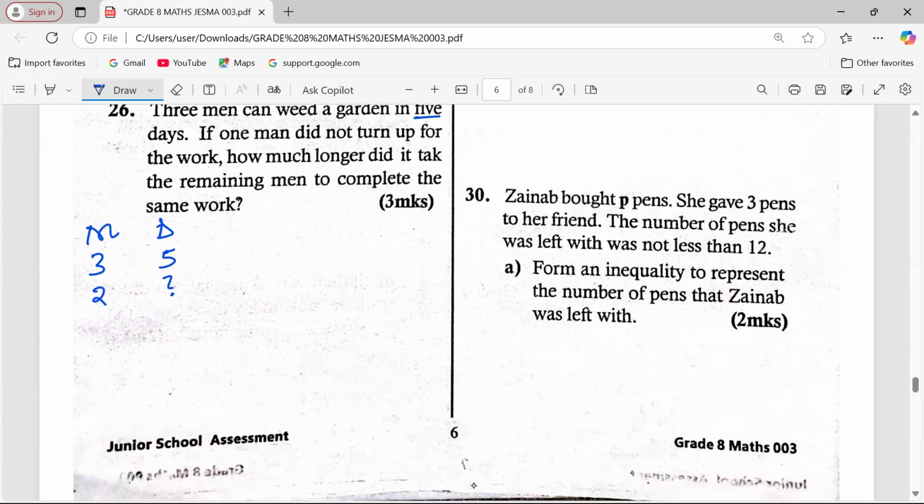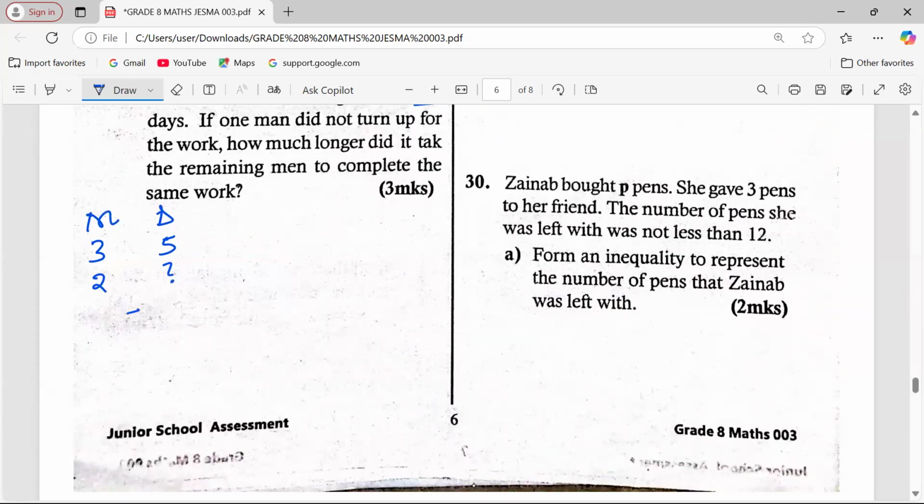So we ask ourselves, here there is the number of days, then we have to affect it in the ratio of men. 3 men are taking 5 days. When they are 2, we expect an increase in the number of days taken. Because we have reduced the manpower, then the working time will also increase. So it will be 3/2. So we increase the number of days in the ratio of men. This one will give us 15/2, which is 7.5